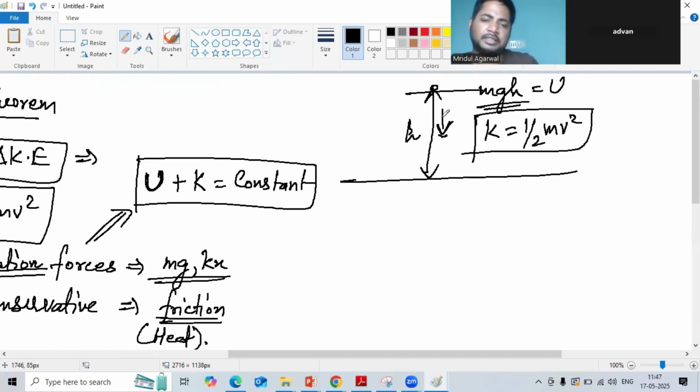So this is your kinetic energy. Clear? So this is the part that you should know. Okay, next part is basically if you talk about